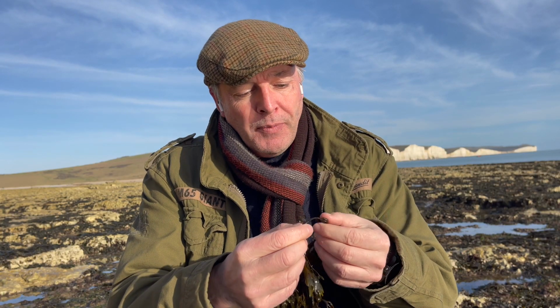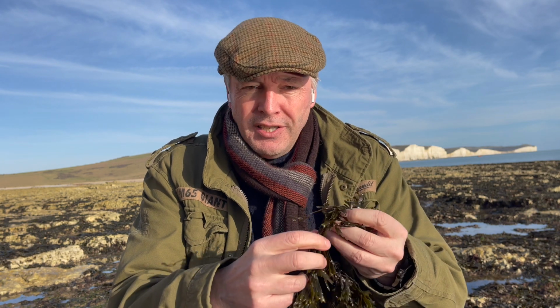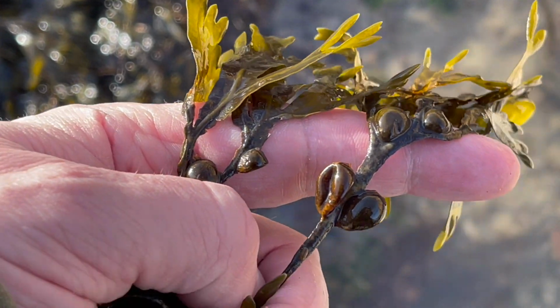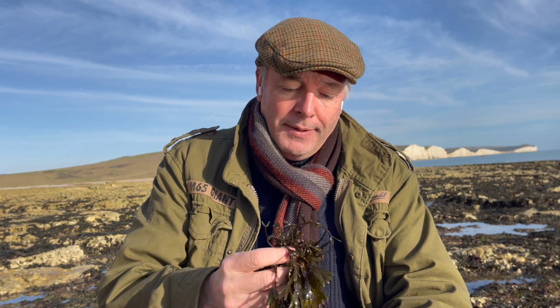What are they for? Well, they're a flotation device, and they help it drift through doing seaweed-related activities. I'm not actually sure what seaweed-related activities are, but that's what it does. Is it edible? Absolutely. I tried cooking this before. I am not an expert. I'm not a chef, by the way. If anyone had thought I was a chef, I'm not. And I tried cooking this before, and I didn't have much luck. And it came out a bit like...